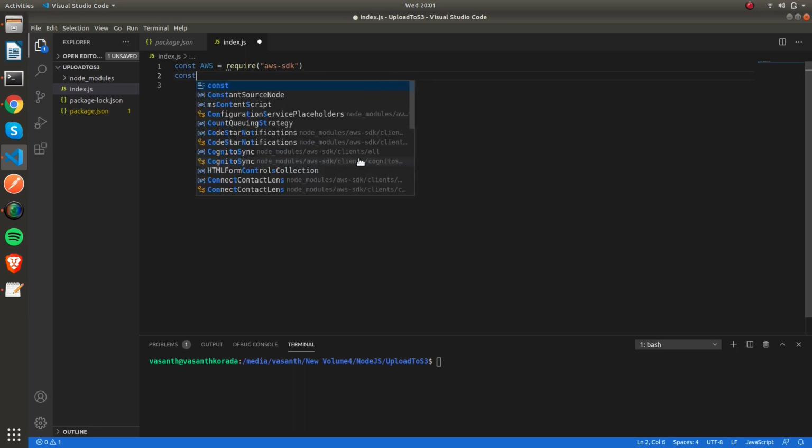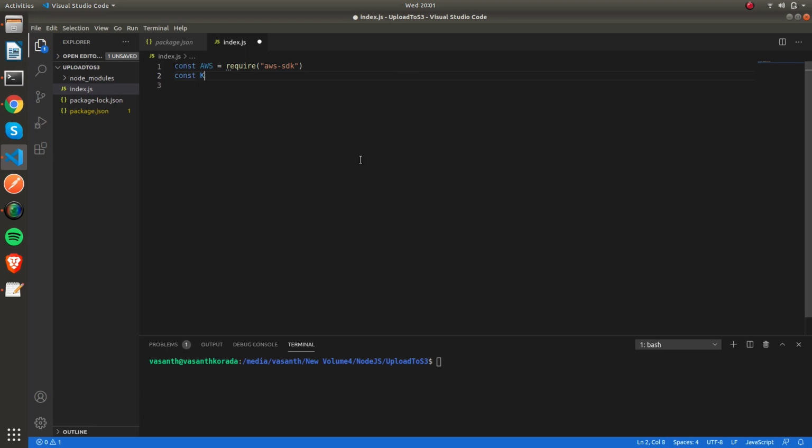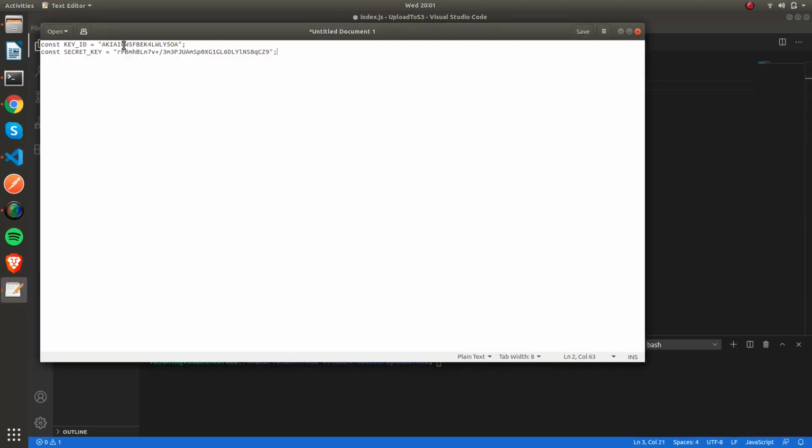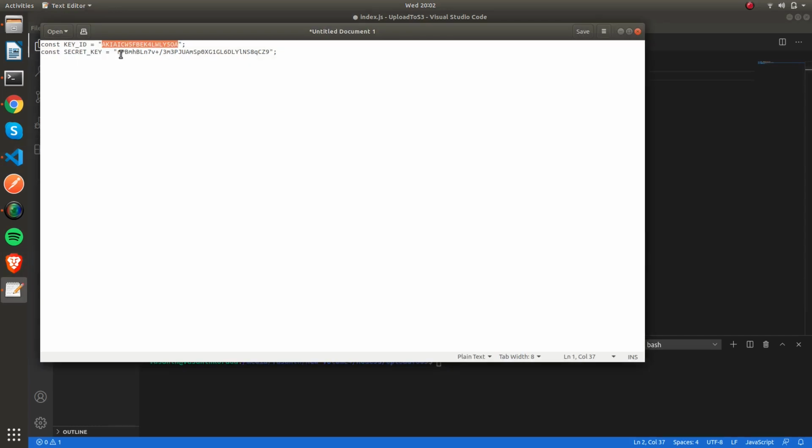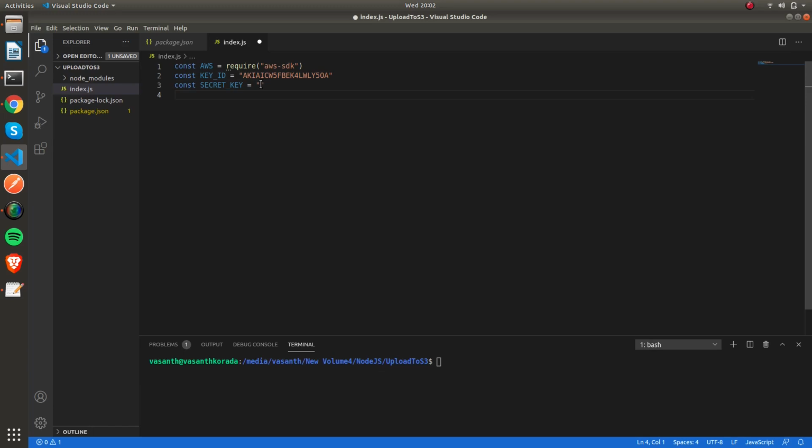The first one which we require is the key ID, and the other is the secret key, and these two are provided to us by this AWS console. So these are the credentials which I took from the console. This is the key ID, and this is the secret key. And make sure you don't use mine, because I'll be deleting this access key soon after this video.